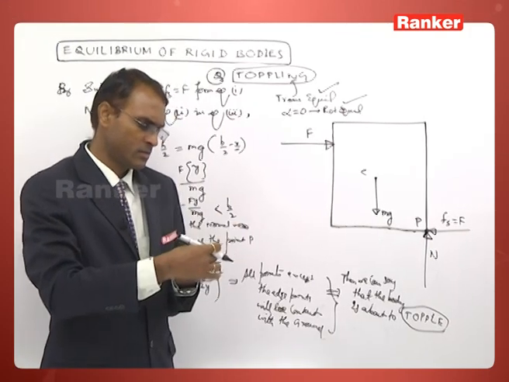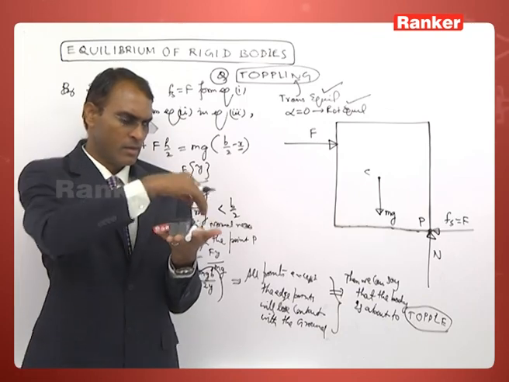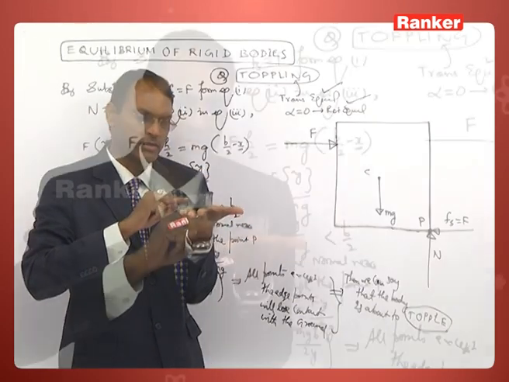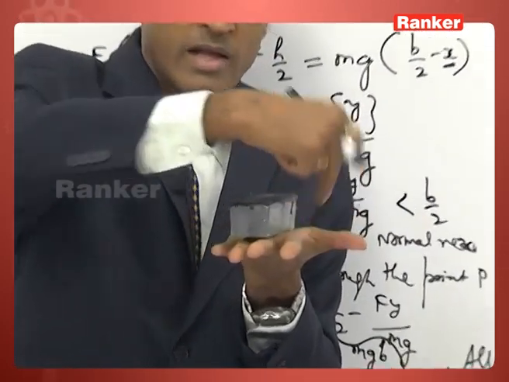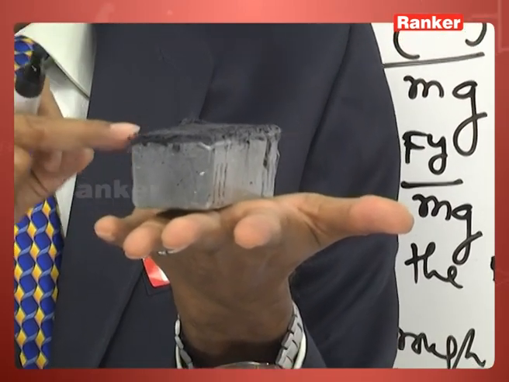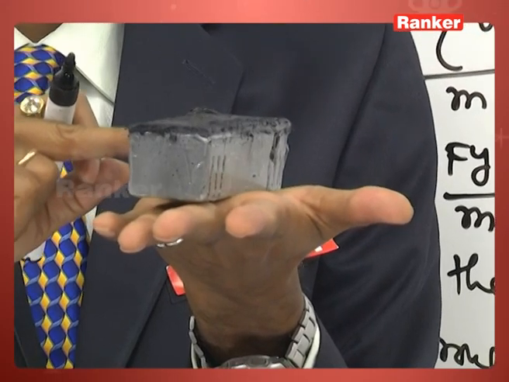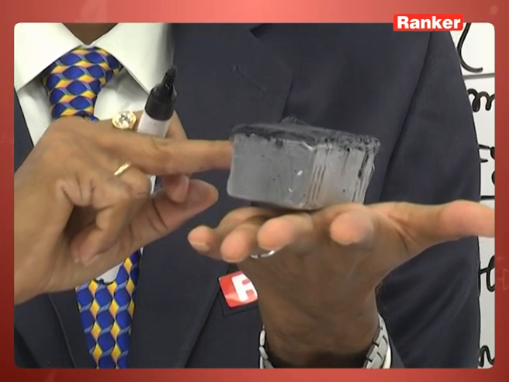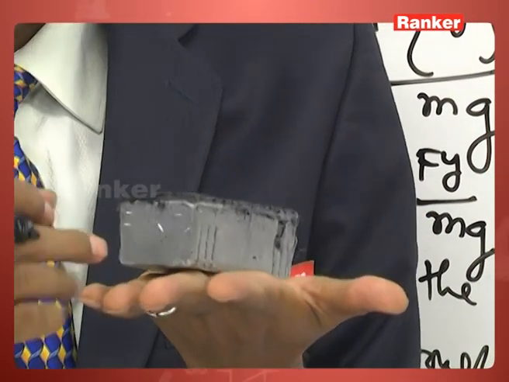So, let us demonstrate physically. We take this block, apply force somewhere here, and go on increasing the force. The frictional force is always preventing. Sufficient friction is there. The frictional force will prevent the relative sliding, that is the static force of friction. When you go on increasing the force here, normal reaction